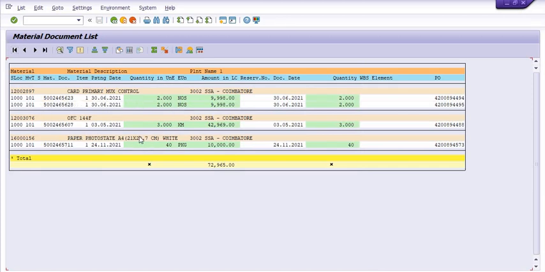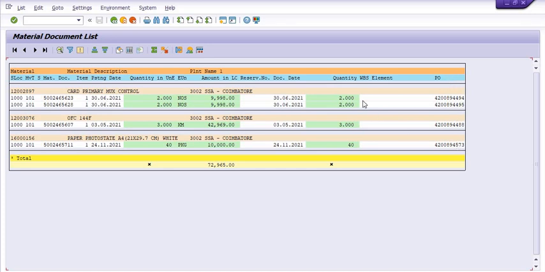So in the total financial year, we have received only three materials. The first one is a card primary mux control. The second one is POEPC 144 fiber, 144 pair, and the third is paper photostat white. Only three materials have been received in our plant code and this particular location against these purchase orders.